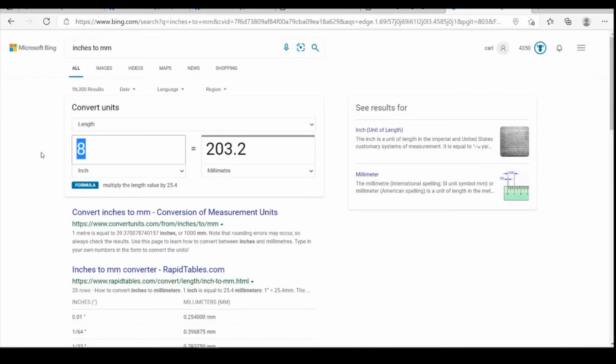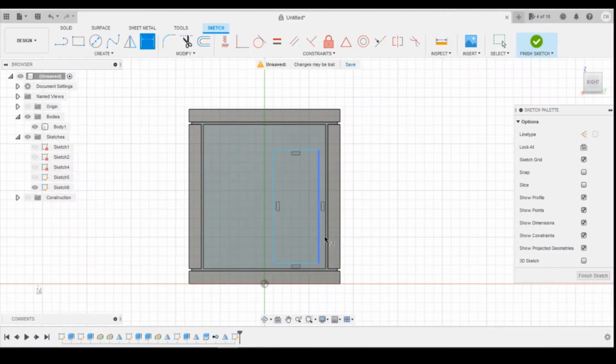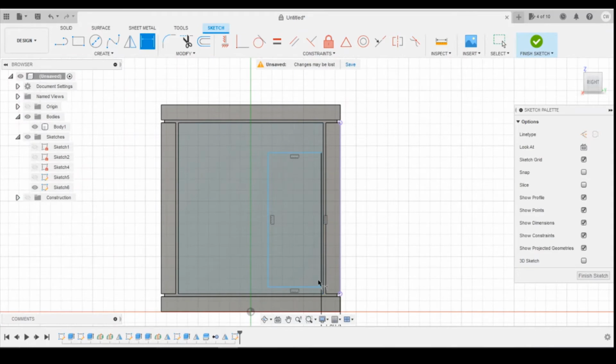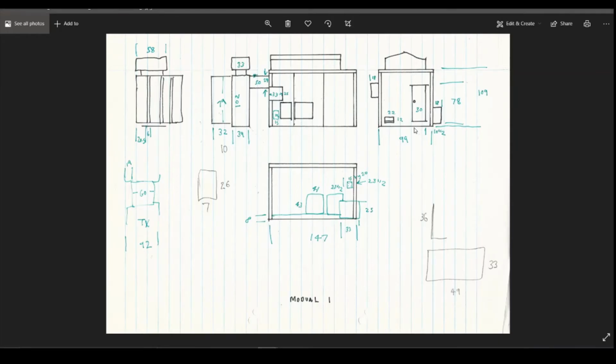So the first dimension I'm going to add in is the 10.5 inches that is from the side of the building to the door, so that's 266.7 millimeters. So that's going to be from the side of the building to the door, and it was 266.7 divided by 148 for engage. Okay. Now it's going to give us that tiny little gap there, which is fine because I'm actually going to recess inwards, make the door ever so slightly smaller so we can have that recessed panel effect that we've got here. If we look at the next dimension, it was 30 inches wide,